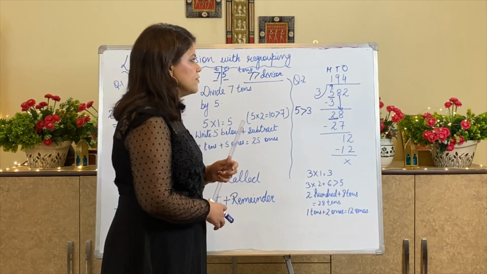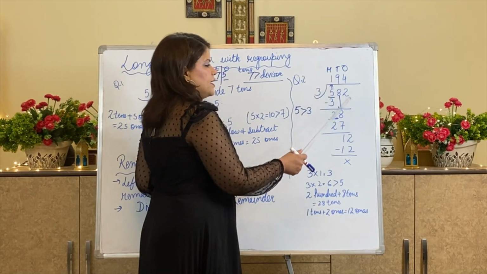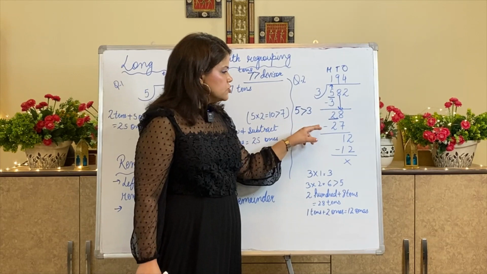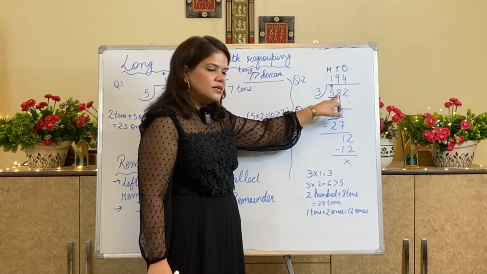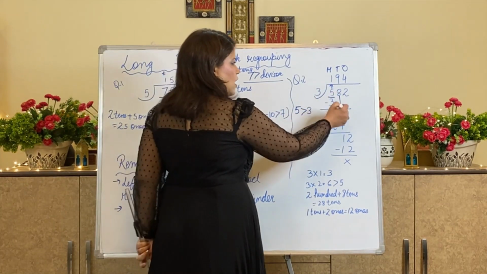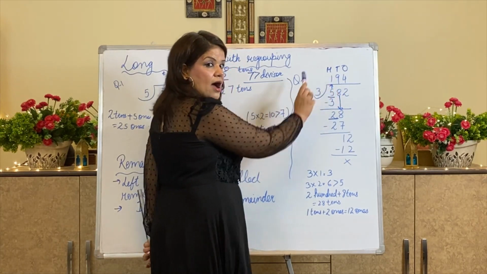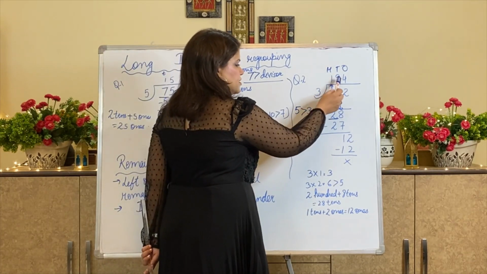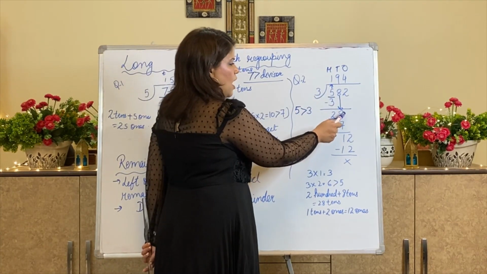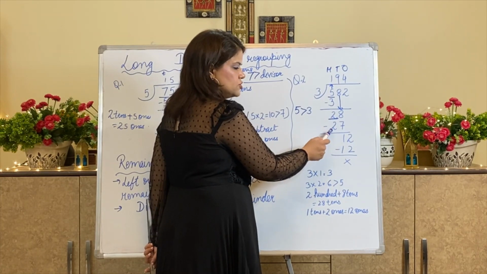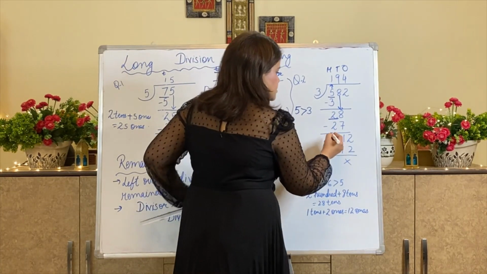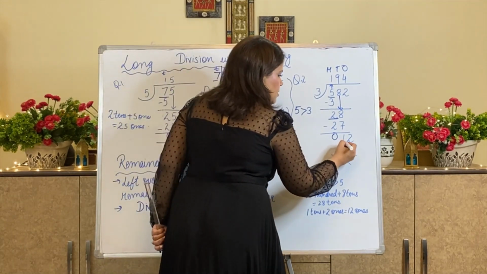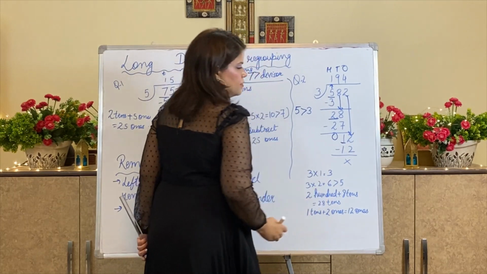Understood? So I have seen that 3 into 9 is 27, which is just below this. So I will write 9 at the tens place because I have taken 8 down. So I will write 9 above it at the quotient place. So now I am writing 3 9s are 27. And after subtraction, I am getting 2 minus 2 is 0 and 8 minus 7 is 1. So this is my leftover and this has come down here.